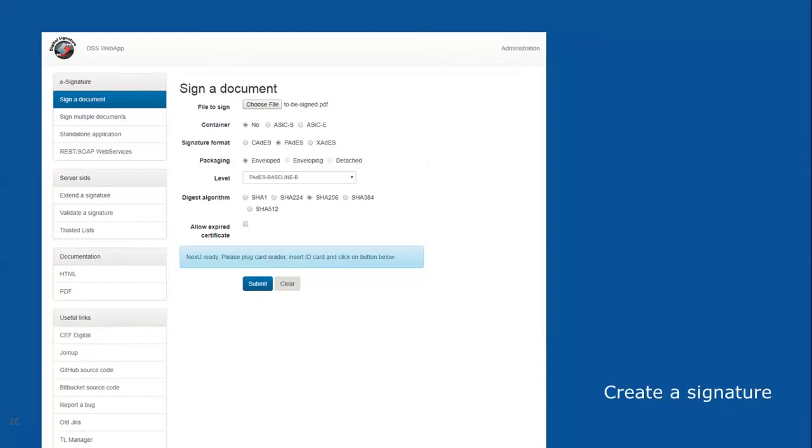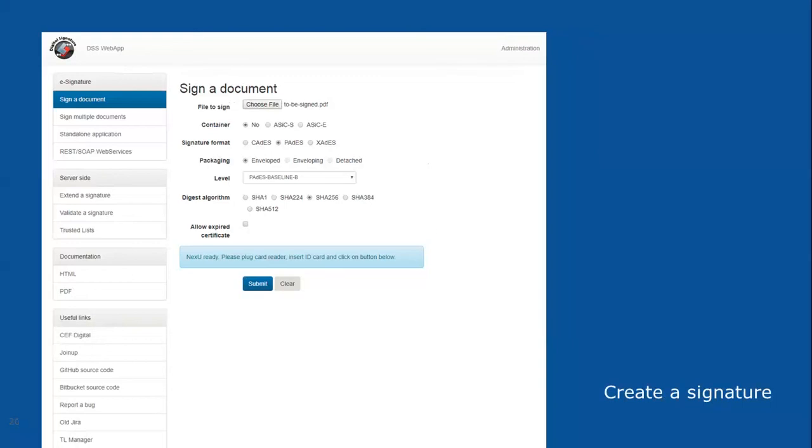Here, for the sake of the demonstration, we sign with a smart card. This is a web demo, so we need a tool to connect from the web to the smart card. Actually, if you want to run a demo, you need several modules.